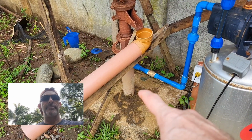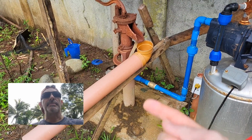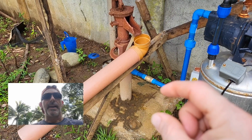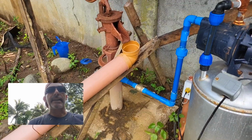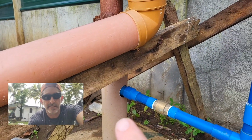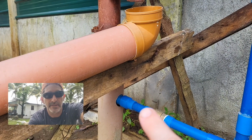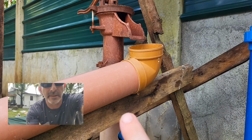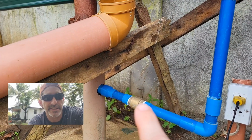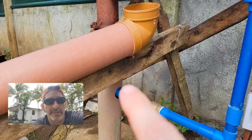is a foot valve. Basically it's a check valve that keeps the water primed above, so you don't have to reprime the pump every time you're using it, and it's a check valve at the bottom that takes care of that. In addition, which you can't see, there's another valve in here. Actually it's above this pipe here. There's another valve before you get up to the pitcher pump, so that when the electric pump kicks in and it's suctioning water through here, it can't suck air back from here. It can only suck down